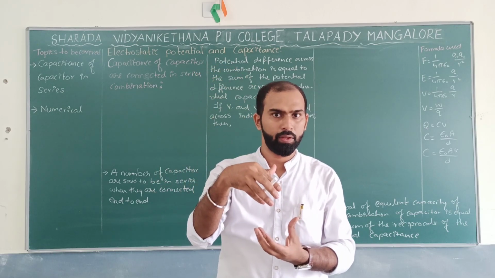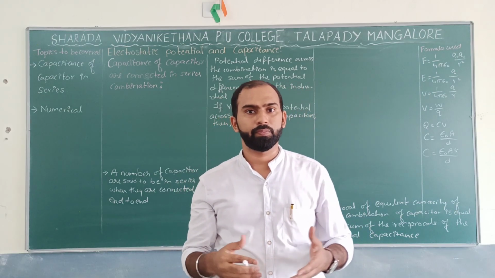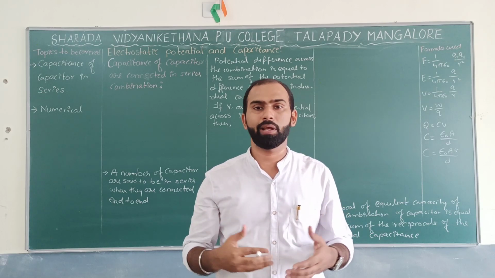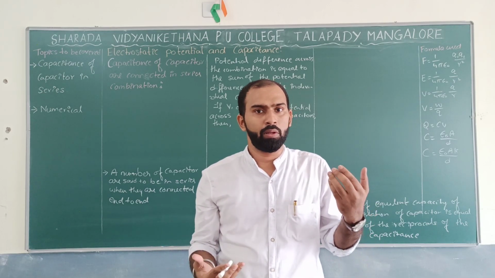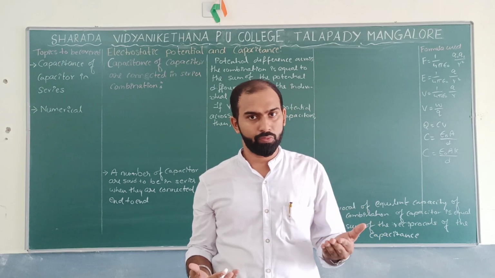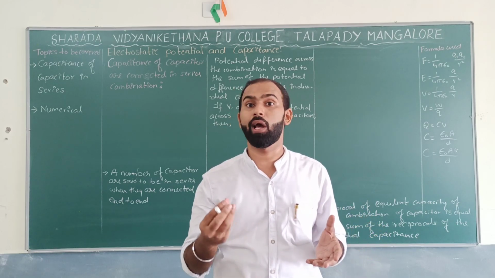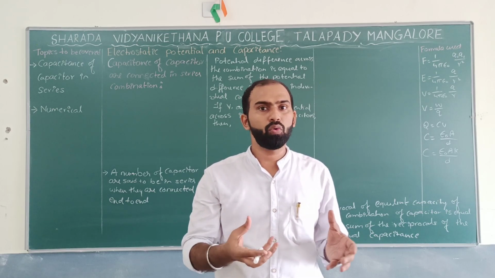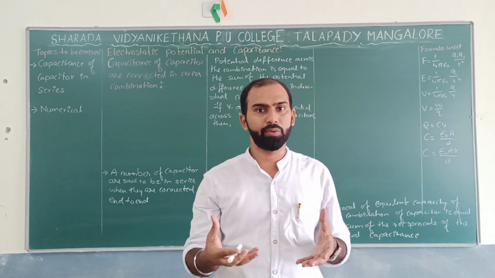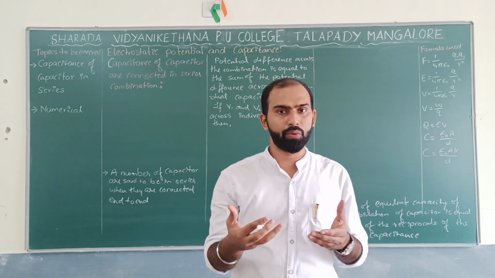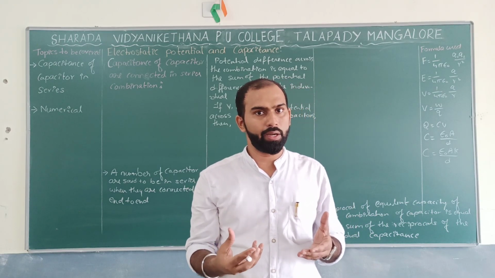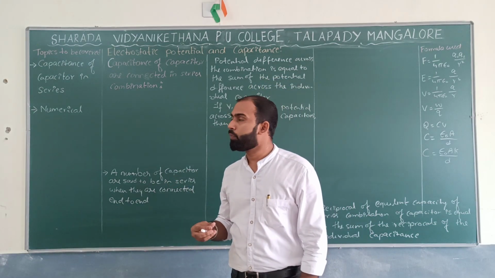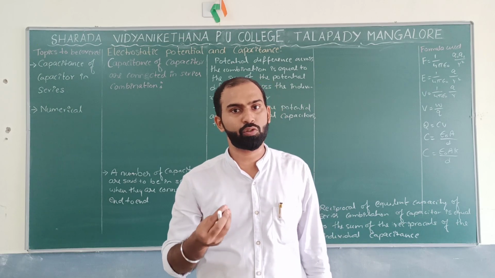in between. Now, suppose I need a 5 microfarad capacitor, but I don't have one. I have only a 1 microfarad, 2 microfarad and 3 microfarad, but not the exact value of 5 microfarad. How do we resolve this condition in day-to-day life? In a circuit, to get 5 microfarad, we need some combination. So we will discuss the series combination of capacitors.